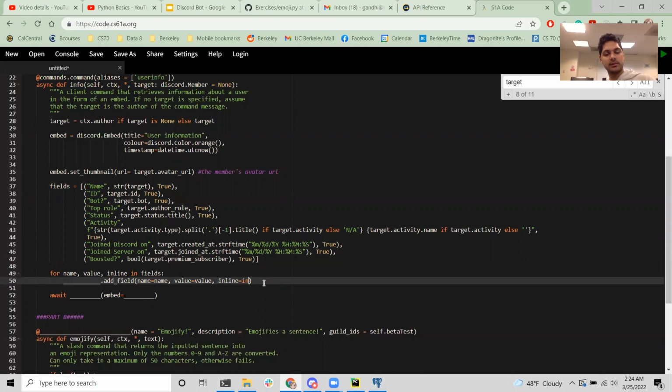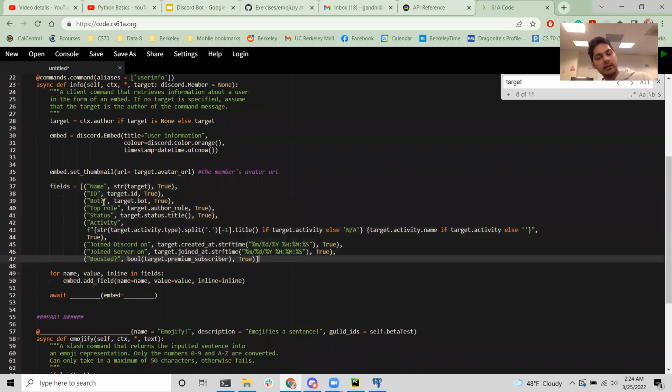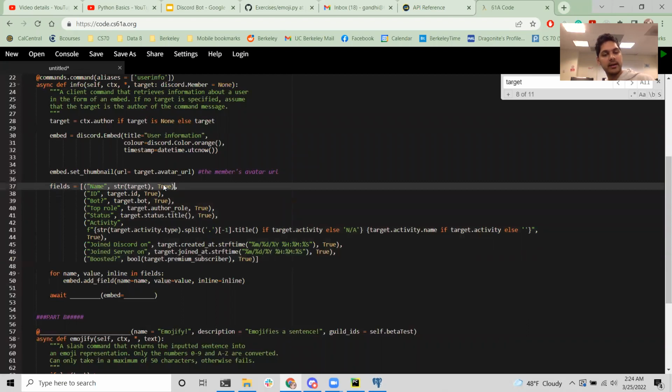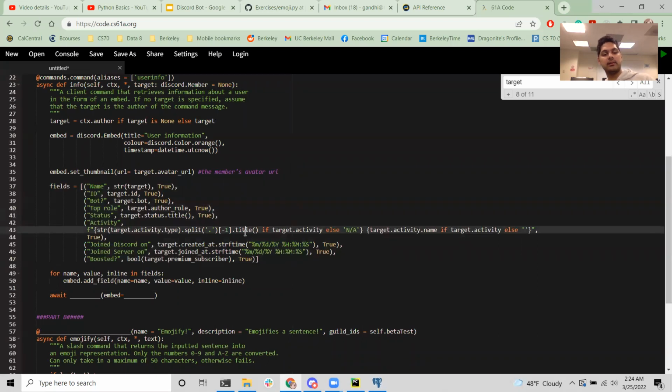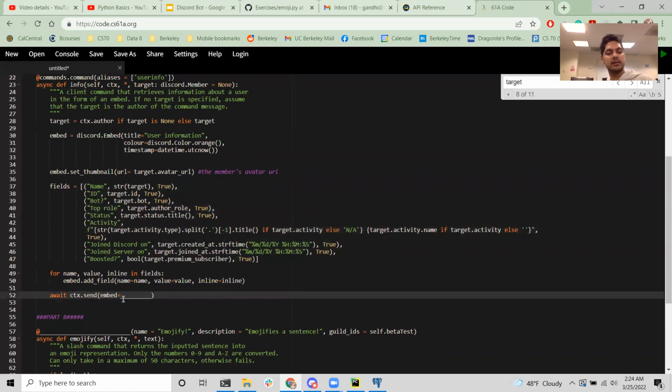So essentially we're gonna keep adding fields to our embed, just looping through all this and making each line its own field. So we're basically just ctx.send the embed.